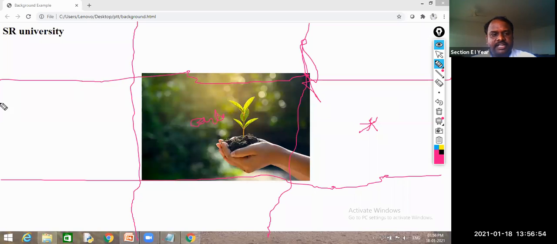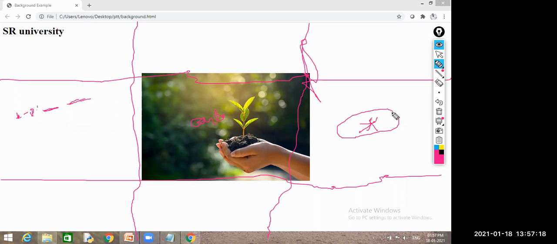Now you go for a combination of 2 values. So background-position. Now you need to write 2 values. One is top, left, or right, and the next one is center, bottom, or top. I want to print at this place.